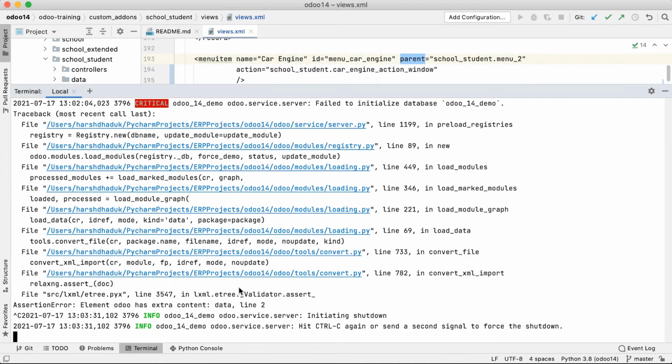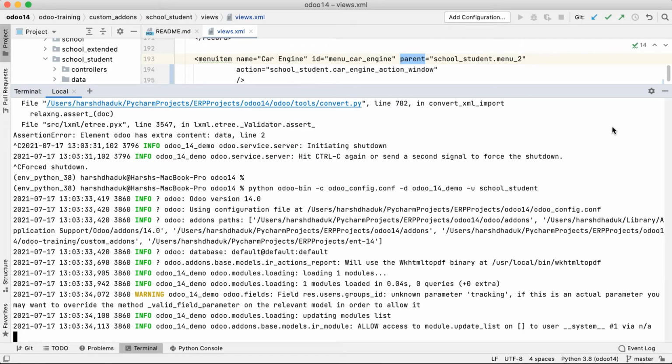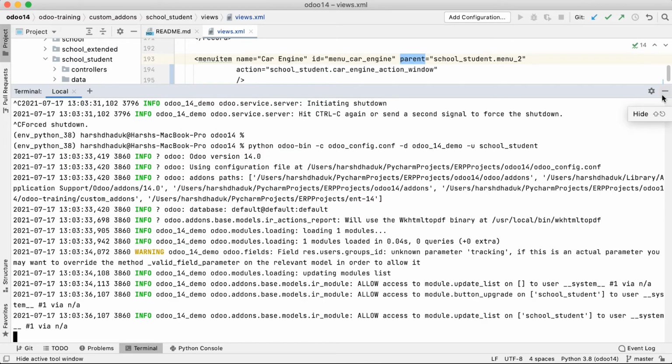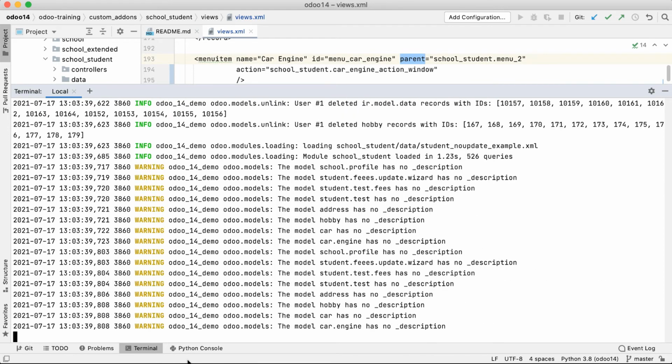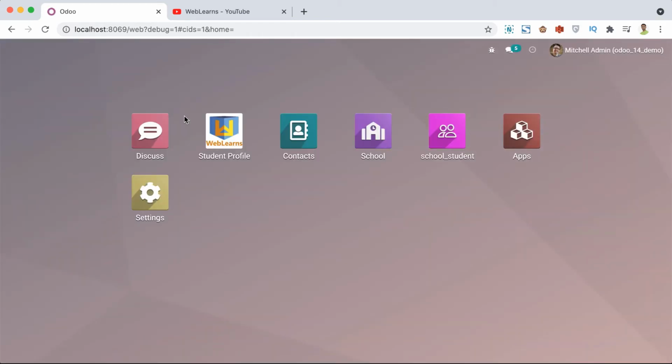So here I am just upgrading the module. That's the main mistake from my side, and it's successfully upgraded. Now let me refresh the page. You can see the menu icon is displayed here.